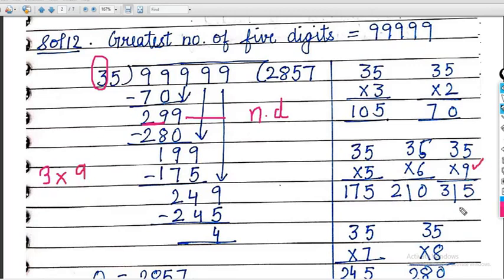Okay, we are getting 315, but 315 is a bigger number, so we will do it by 8. By 8 we are getting 280. Okay, so that's correct. Okay, we will do minus. After subtraction we are getting 19. And then you will carry down 9. So the new dividend is 199. Right? आपका new dividend आ गया 199.